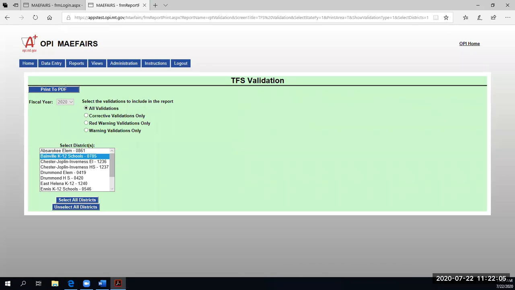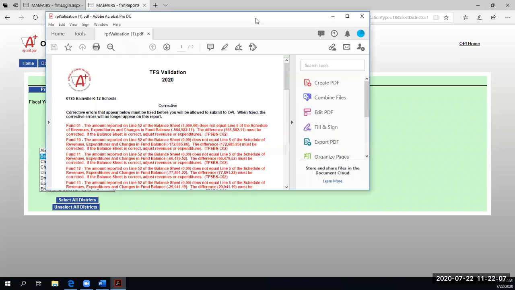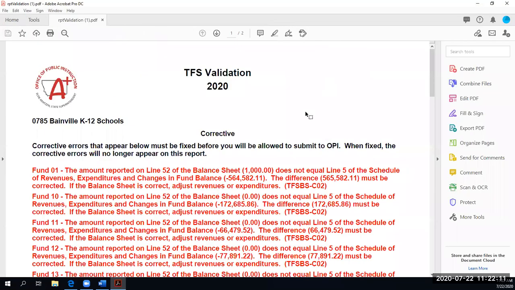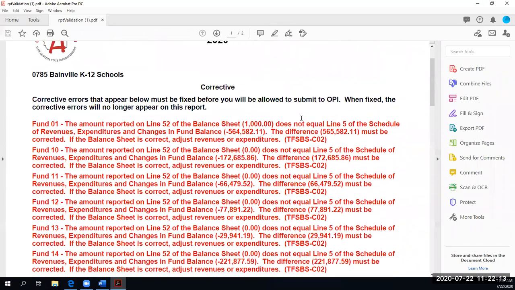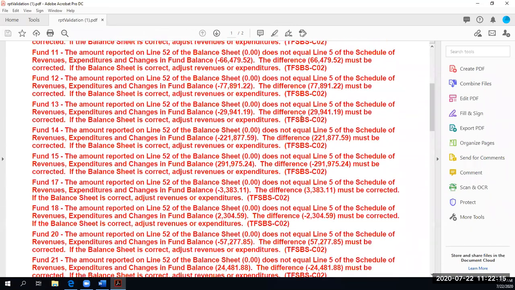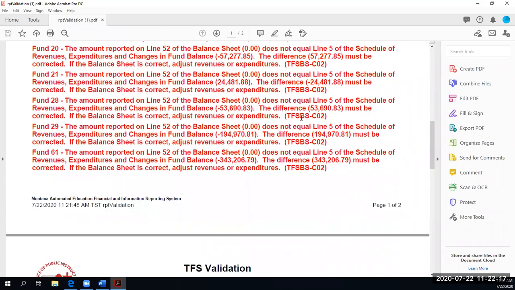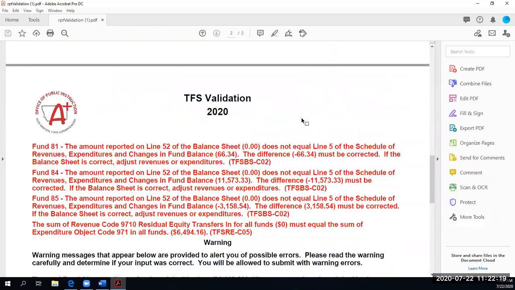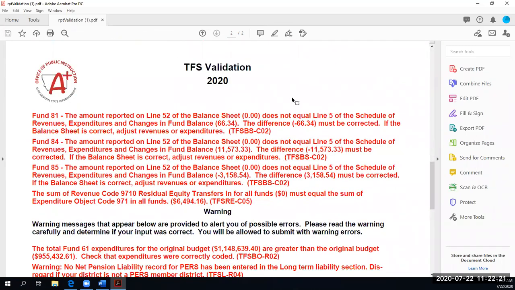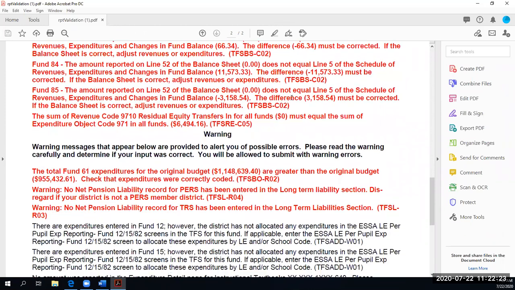Okay, let's see. So if I was to try to say I was done here and submit this, you're going to see all these validations here. All right, that's a lot. So I have a lot of fixing to do in Bainville if I was actually going to try to submit this. Okay, so the warnings,